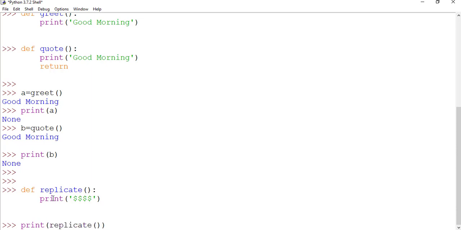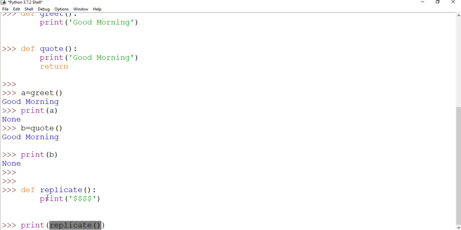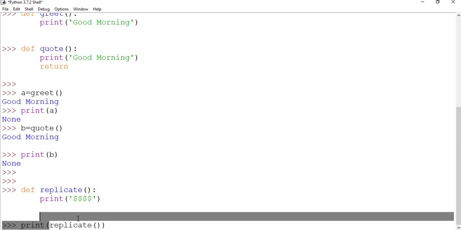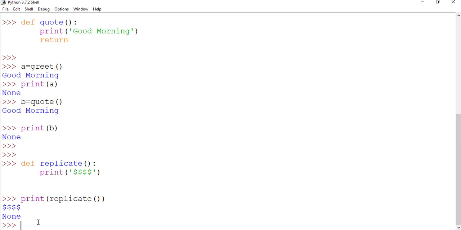So the control will come here, then this statement will get executed, and $$$ will get printed on the screen. After that, the control will be sent back to the main program from where we were calling that function. We were calling this function replicate from here. So this replicate call will be replaced by what? The value returned by this function. This replicate function is not returning anything, so what will it return? It will return None. So this replicate call will be replaced by None, and this statement will print None. So the output will be $$$ and None.